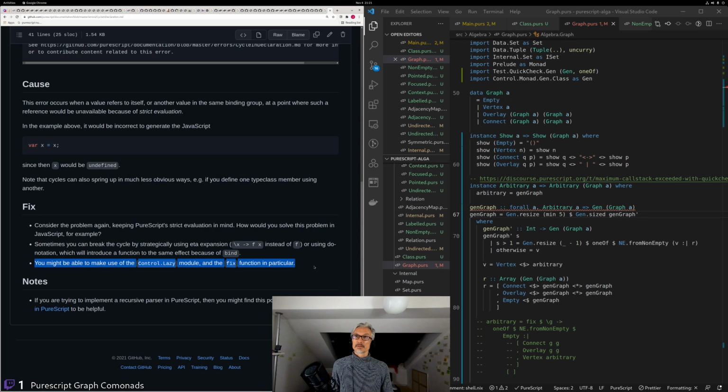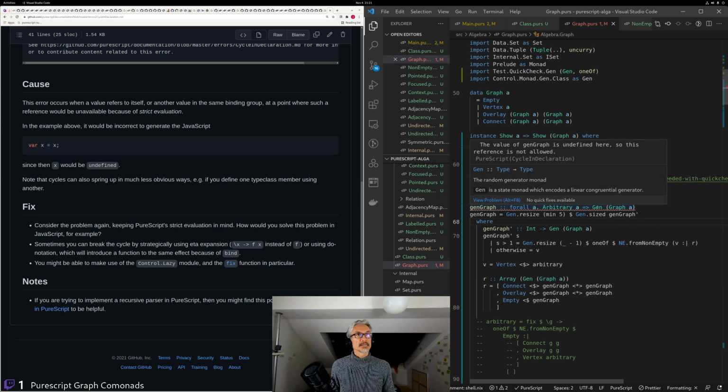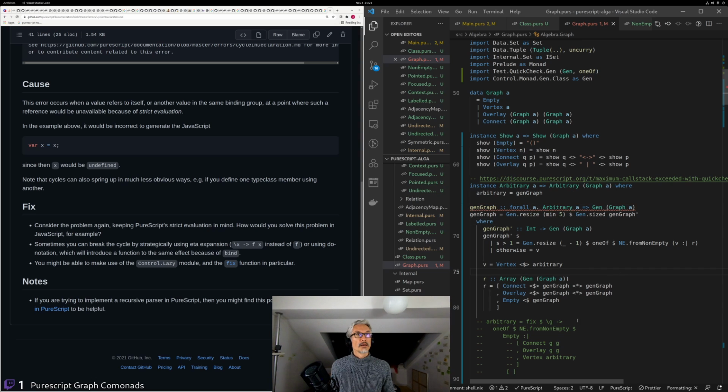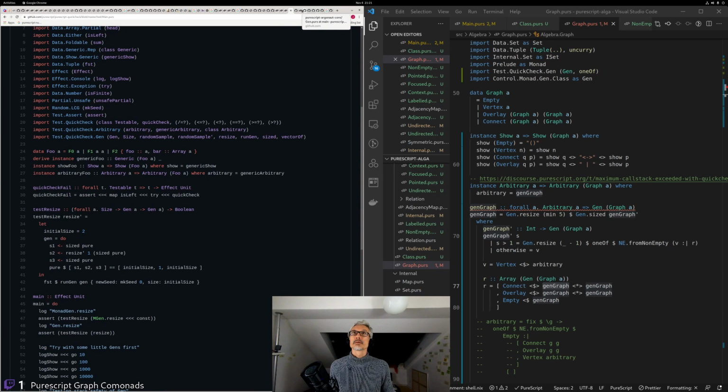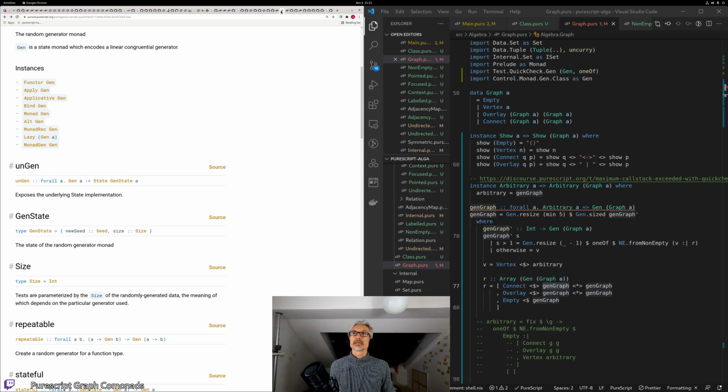So hold on, could it be because of... so maybe it is a way to detect that it's going to blow up the stack then, because we call gen graph directly without deferring. Well, that's pretty impressive if that's the case. So if that's the case, then